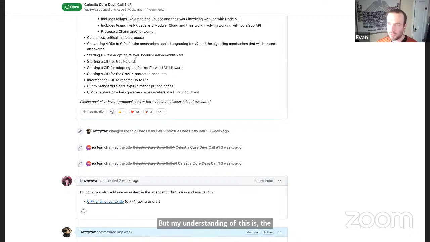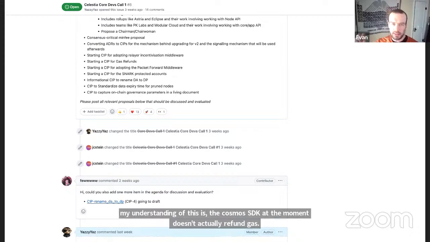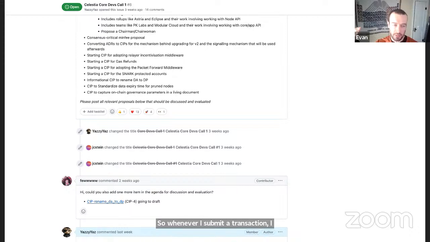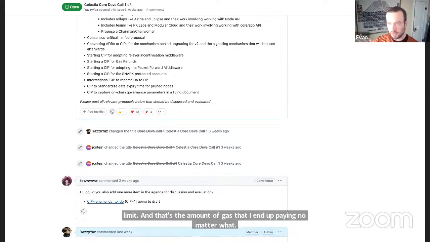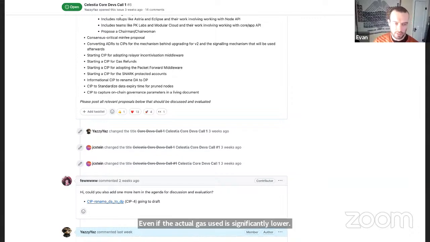So whenever I submit a transaction, I specify a gas limit, and that's the amount of gas that I end up paying no matter what, even if the actual gas used is significantly lower. So what this proposal would do is, somewhere along the execution of the transaction, refund you so that you only pay for the gas that you used. And that's it.